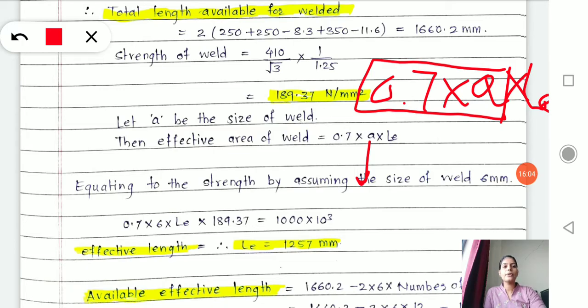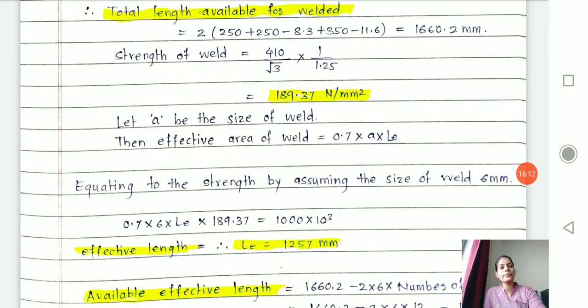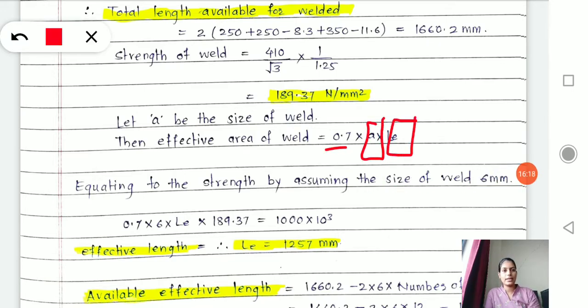Now effective weld area equals thickness into length, so 0.7 into the size of the weld into length.